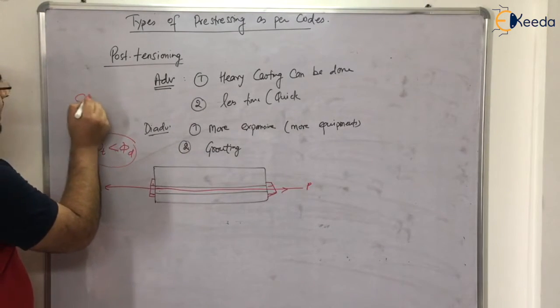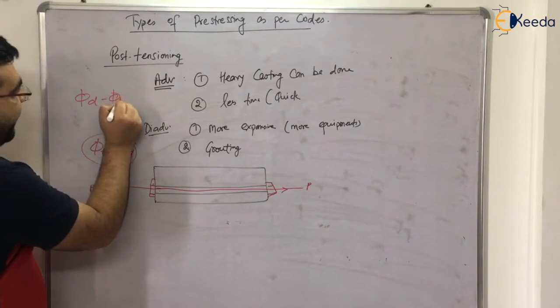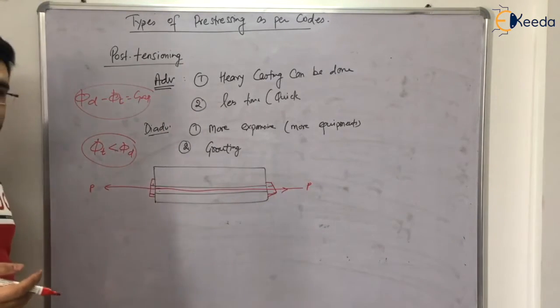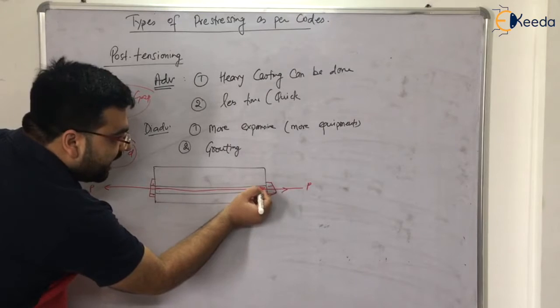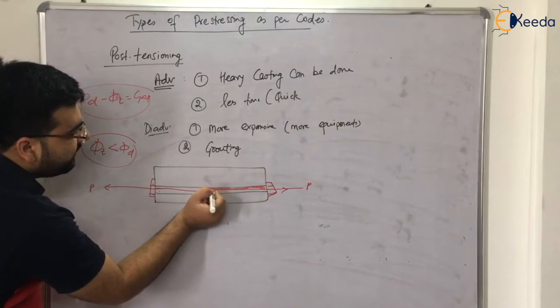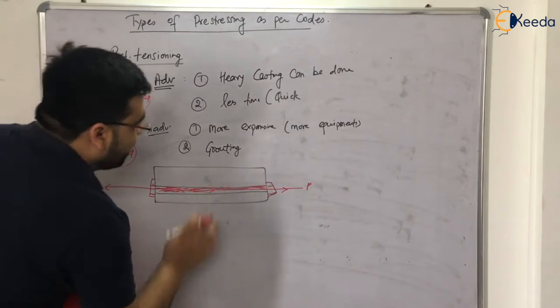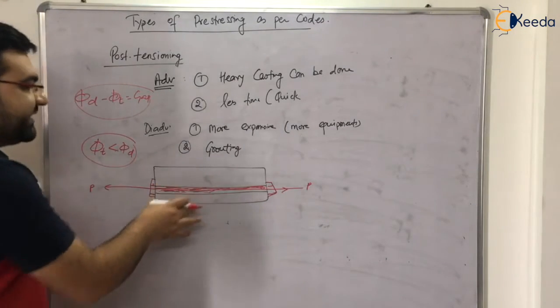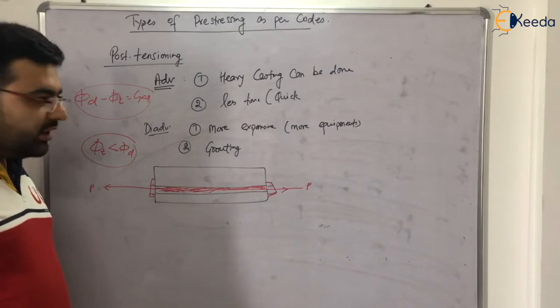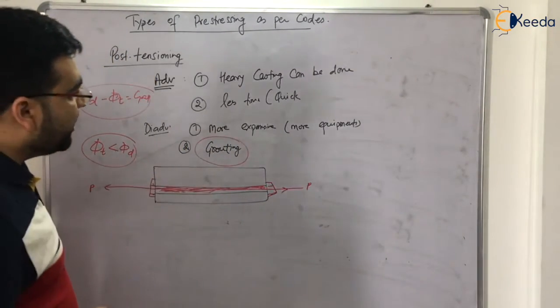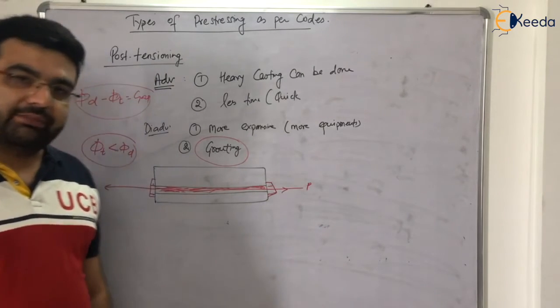How much would the gap be? D minus d. This will be the gap. So this gap has to be filled. So what we do is some grouting here. Grouting means we apply some cement paste inside the duct, right, to fill this gap. Okay? So grouting is required. This is one more disadvantage. And if you go to the site, the grouting process is very difficult.